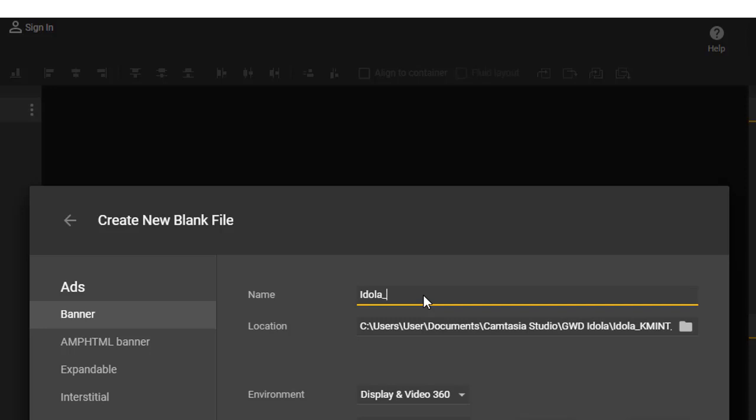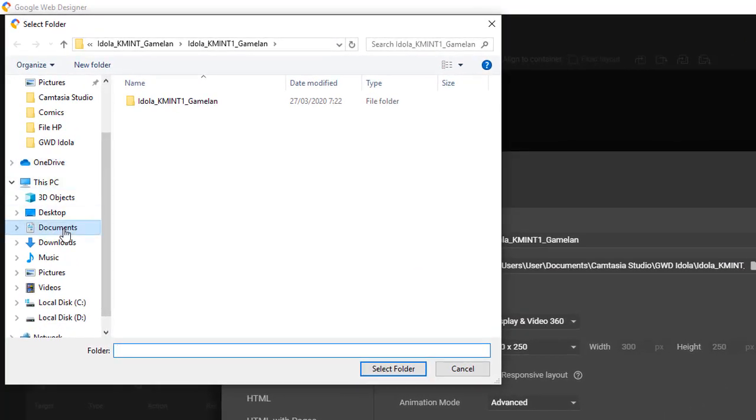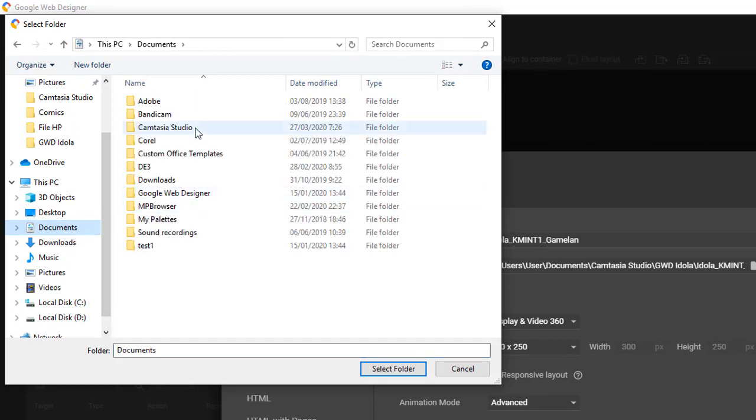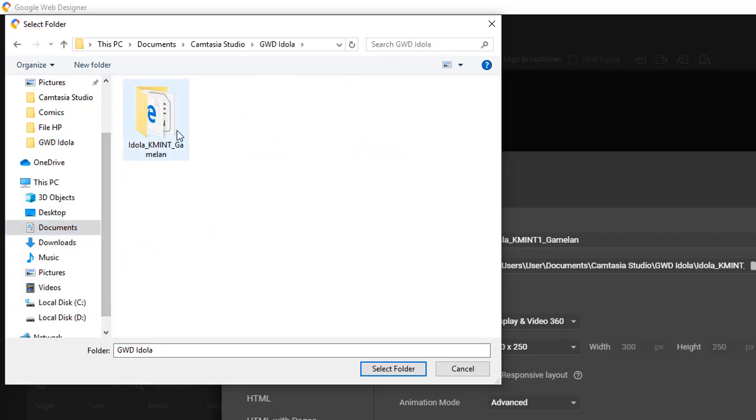So the first name, then your class, for example international 1, and then the name of the object that you chose in Museum Sri Baduga. Mine, for example, is gamelan. You can choose where you put the file, wherever in your PC is convenient for you, but make sure that you don't forget the folder or the file name.